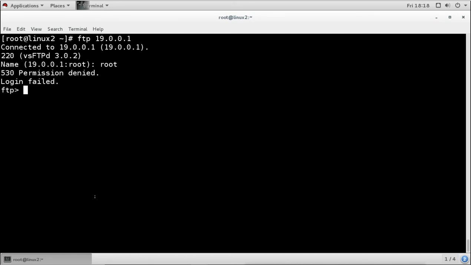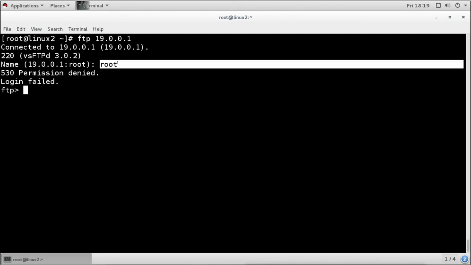By default, this FTP service is not secure. Whatever you type here, username and password, any command, any file you transfer, everything goes from the client to the server in plain text. That means if any hacker comes in as a man in the middle and tries to capture the data, they can see the whole thing. They can see your username and your password, because it is not secure. And for that reason, the root user is not allowed by default.